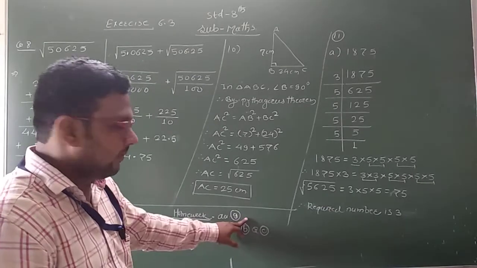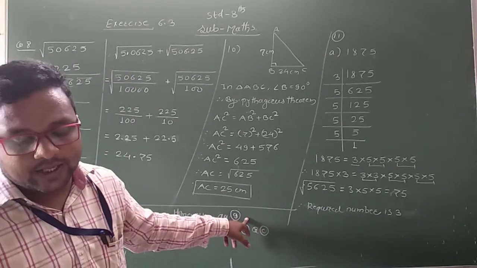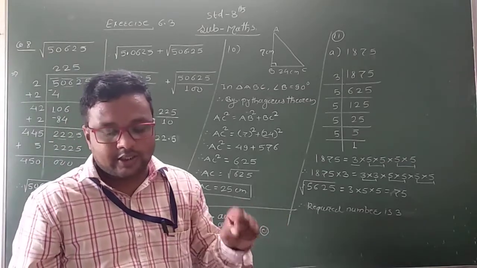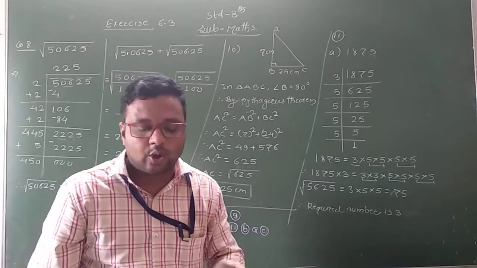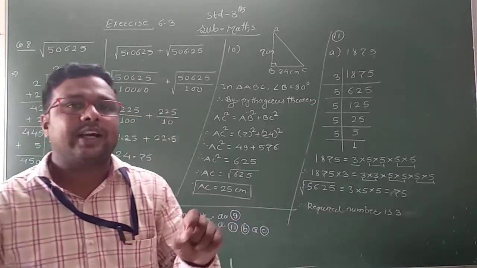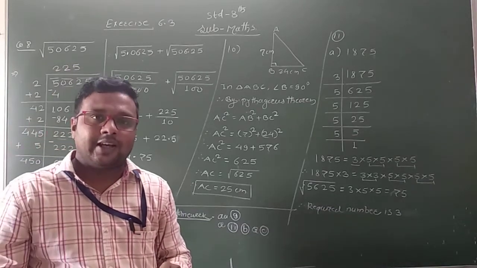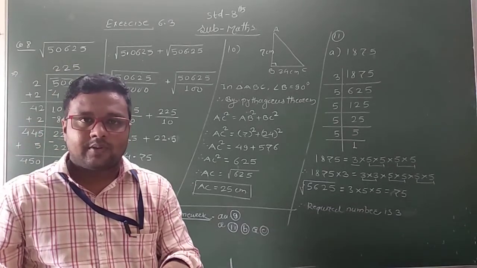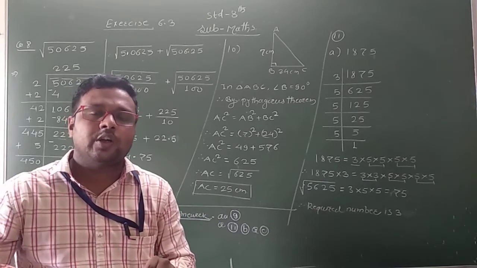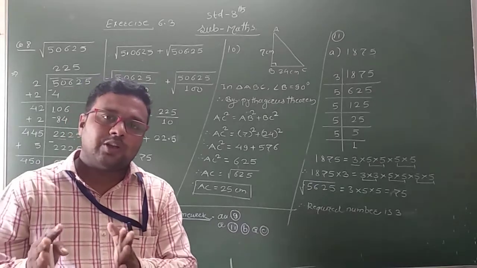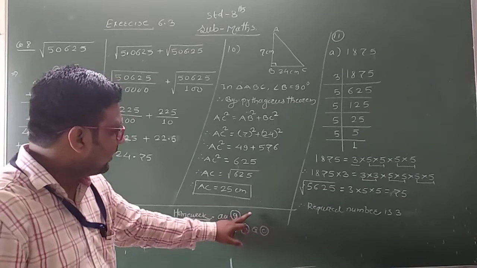Question number 9. Okay, in question number 9, a square board has an area 873 upon 144 meters square. How long is each side of the board? So you have to find out each side of the board. Okay, side is equal to what? Square root of area. Area is given there. Area of square is side square. Therefore side is equal to what? Square root of area. And then you find out the square root, you will get the side of the square. Okay, in this way you have to complete question number 9.